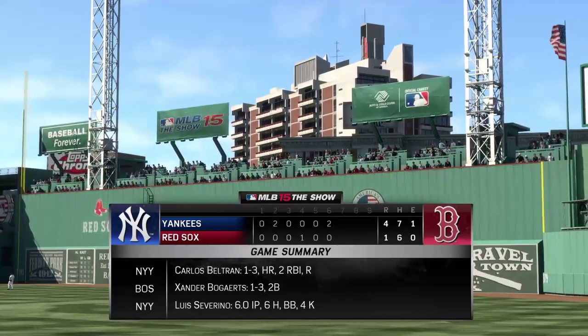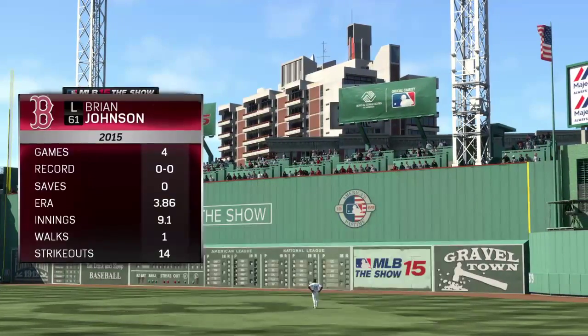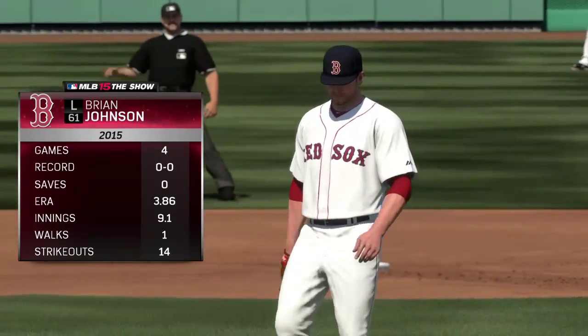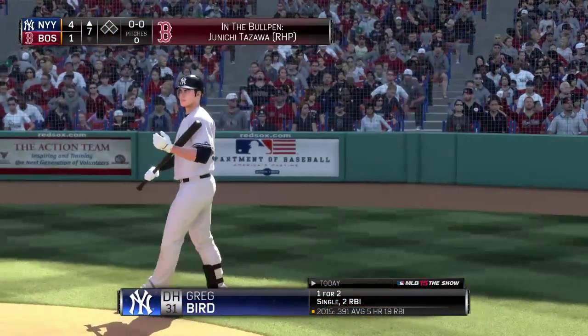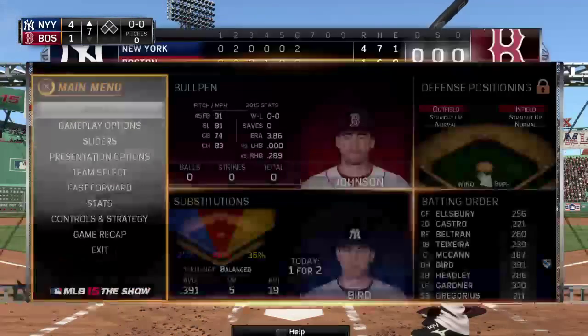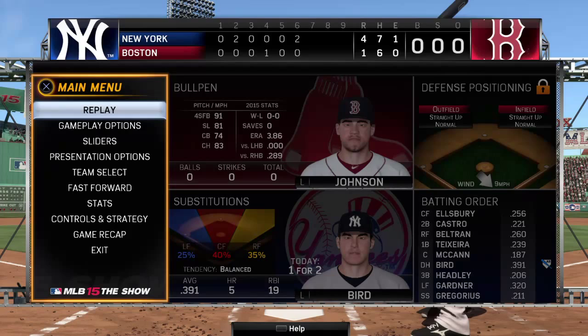Welcome back to Fenway Park here in the great city of Boston. The Yankees leading this one as we get ready to start the 7th, but before we do, here's a look at our game summary to this point. Brian Johnson is into the ball game now as he'll make his 5th appearance of the season here. Action in the bullpen now as